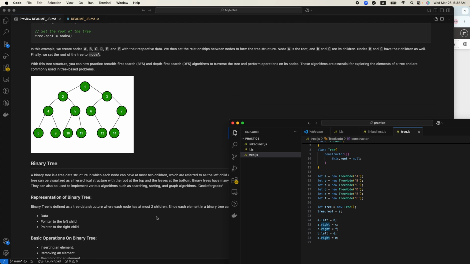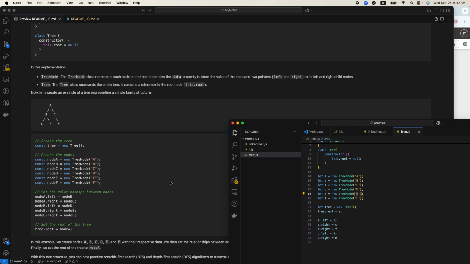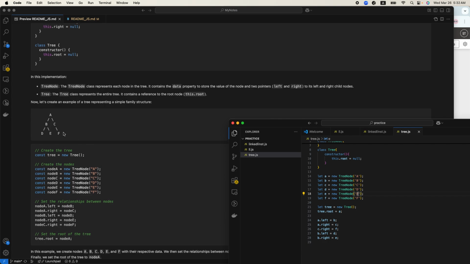Okay. There are some specific operations with the tree that we study in the next lessons, which are inserting an element, removing an element, searching for an element, deleting an element, traversing the tree. For example, right now that we created this tree, you may want to add a new child for node C, or you want to add a new child for node F, or you want to remove a child. So we will cover all those